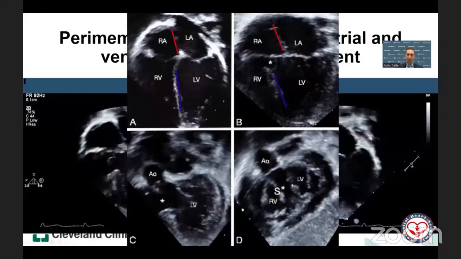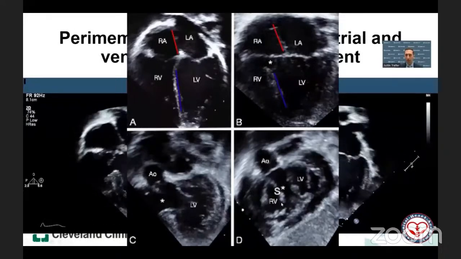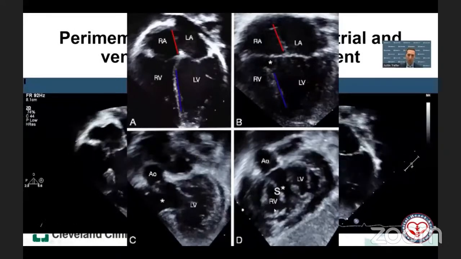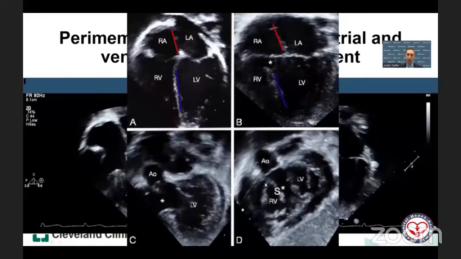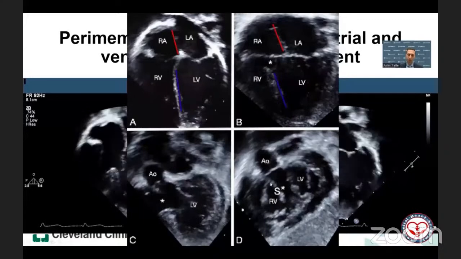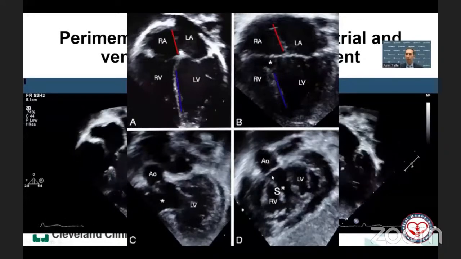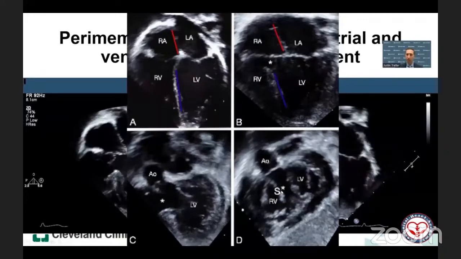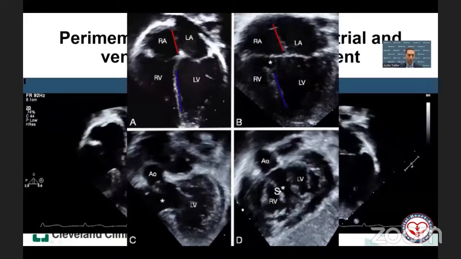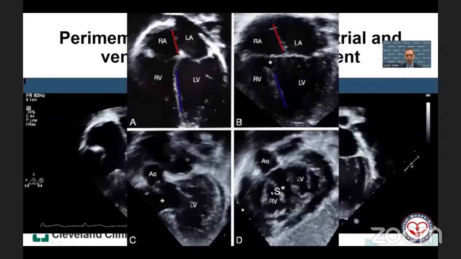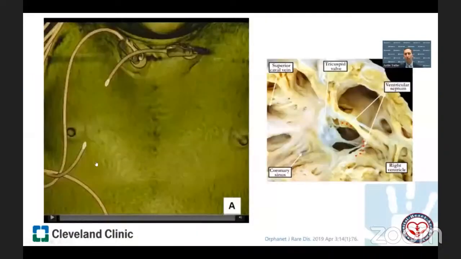And this is the subcostal short axis image, which shows the septal leaflet en face and the anterior superior and inferior leaflet, and the defect extending from the commissure between the anterior superior and septal leaflet inferiorly under the septal leaflet. So extending into the inlet of what opens into the inlet of the right ventricle.